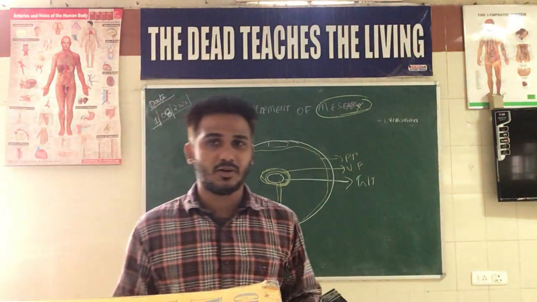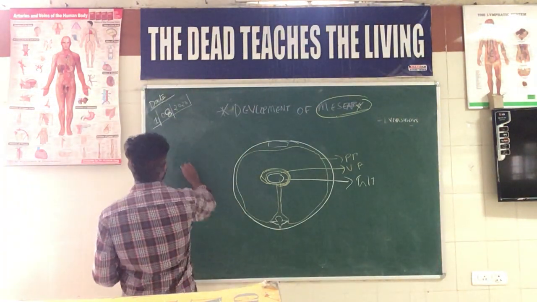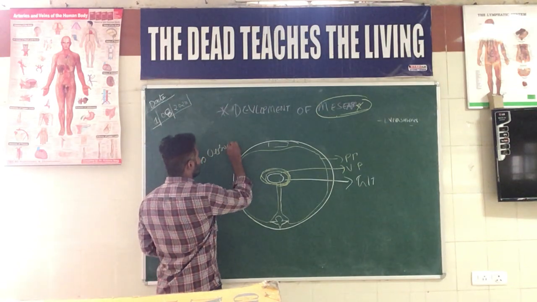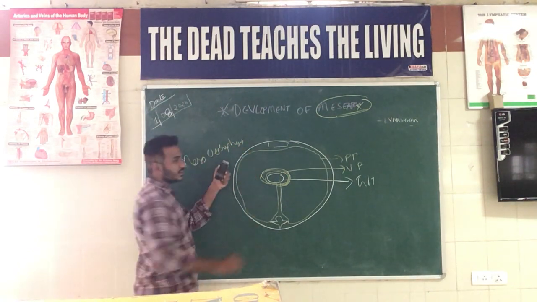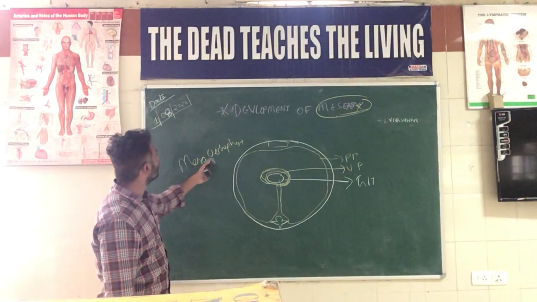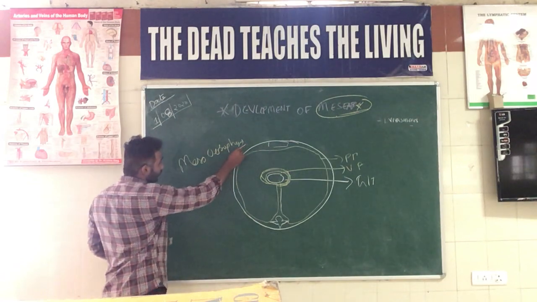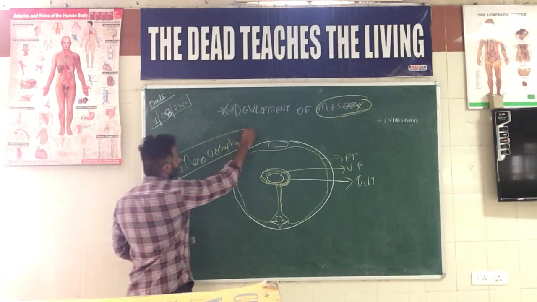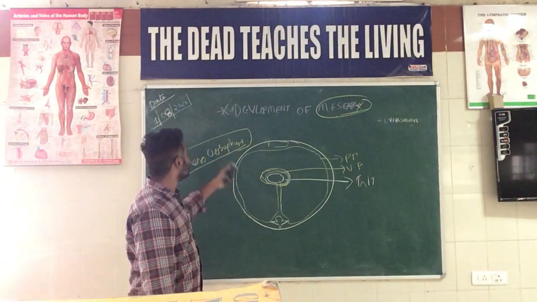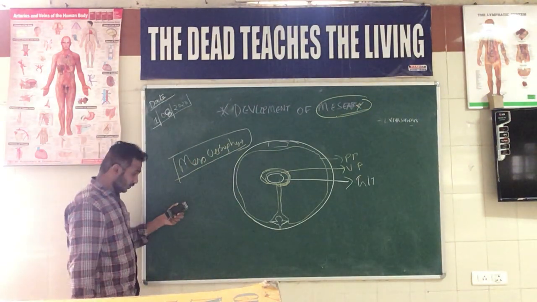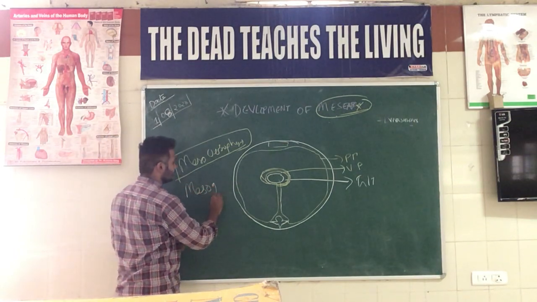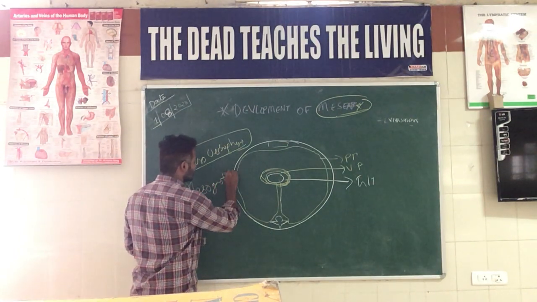Similarly, we have some other terminologies as well. We have the mesoesophagus, from which the right and left crura of the diaphragm develop. The part of the peritoneum which is holding and stabilizing the esophagus is called the mesoesophagus. And something which is holding and stabilizing the stomach is called the mesogastrium.